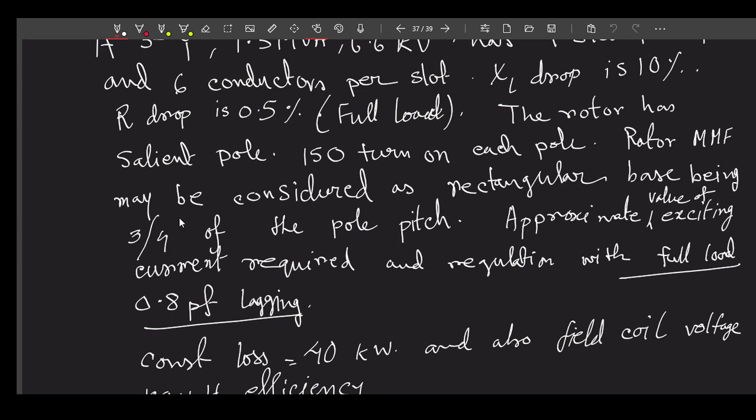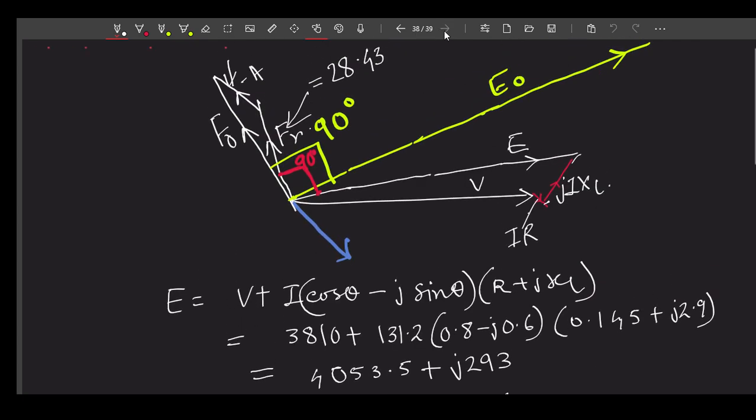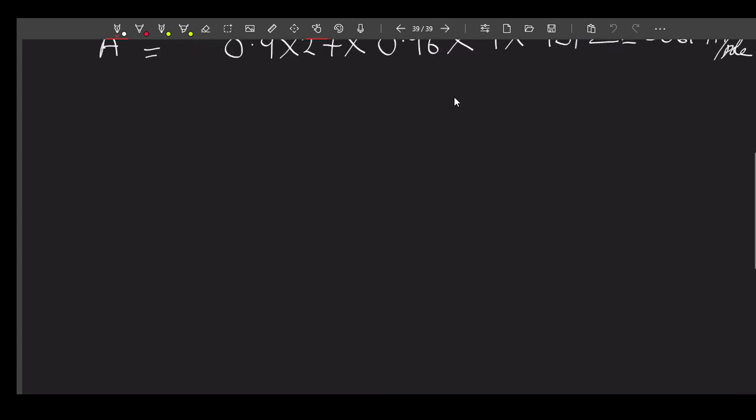Base being 3/4 of the pole pitch, right? So if the rotor MMF may be considered as rectangular, with base being 3/4 of the pole pitch, then what is the amount of rotor MMF here? This information we need to utilize here. The rotor MMF,